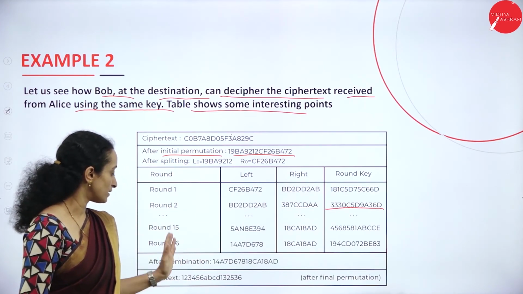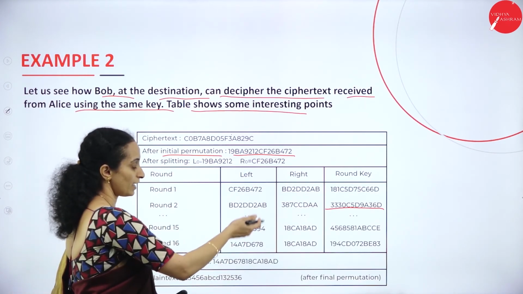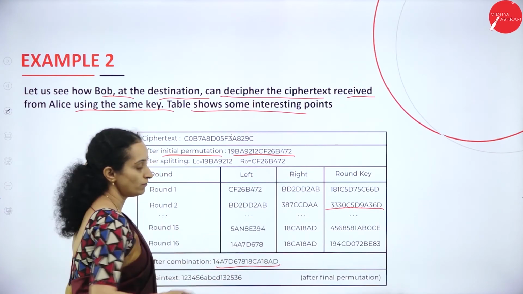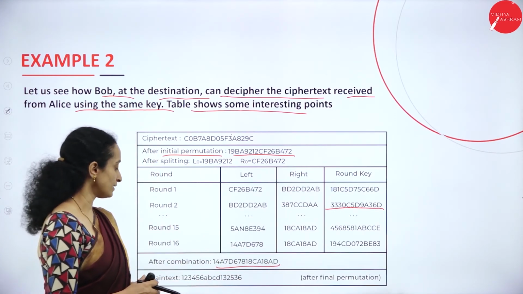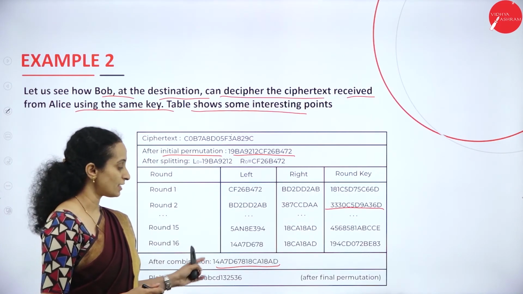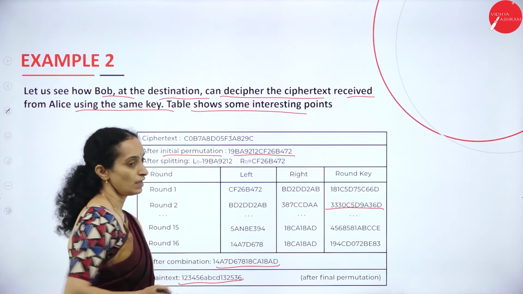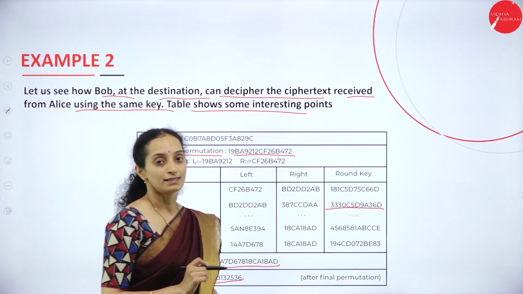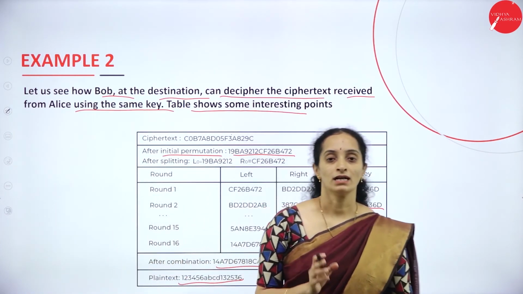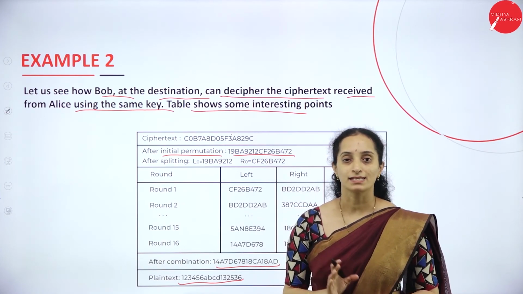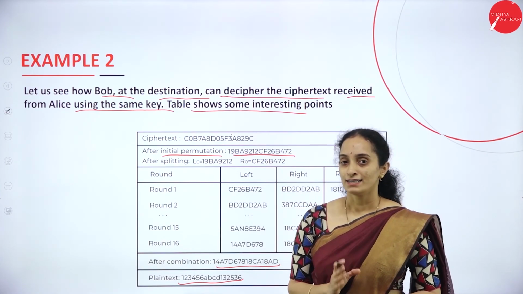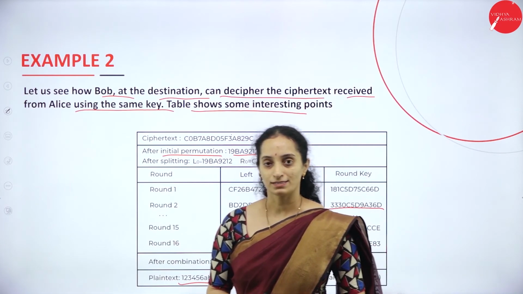All right, all the 16 rounds are again combined to form the plain text. It is not the actual plain text. Again the final permutation is done, which generates the actual plain text in the Data Encryption Standard.